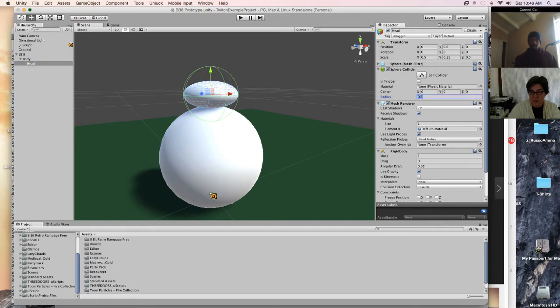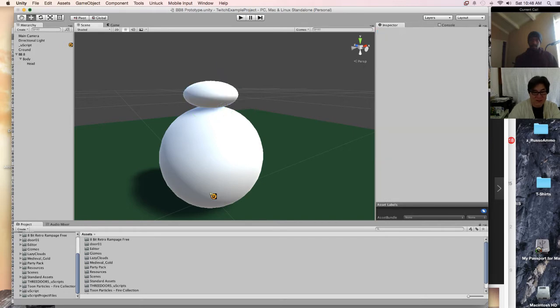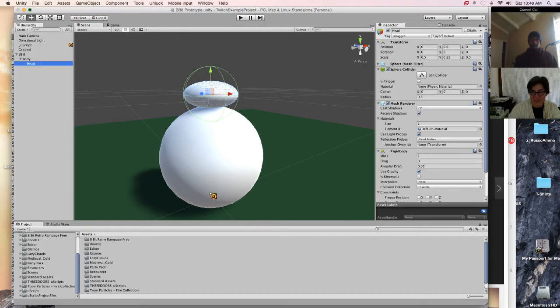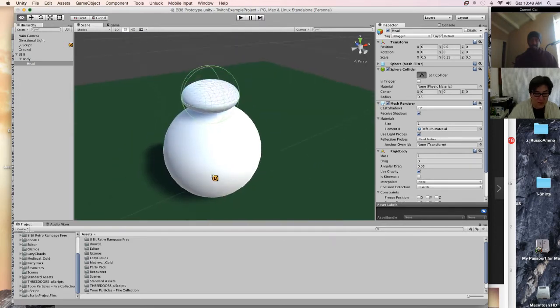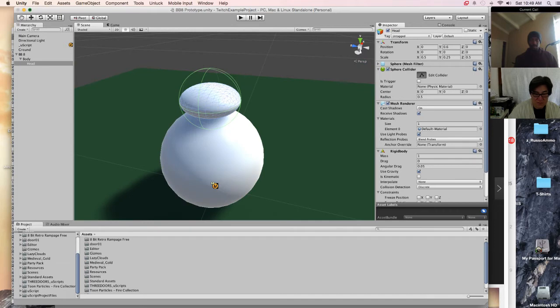The hassle about a sphere collider is it's always going to be a sphere. Let's see this edit collider. There's no points for me to fiddle with because it's a sphere.